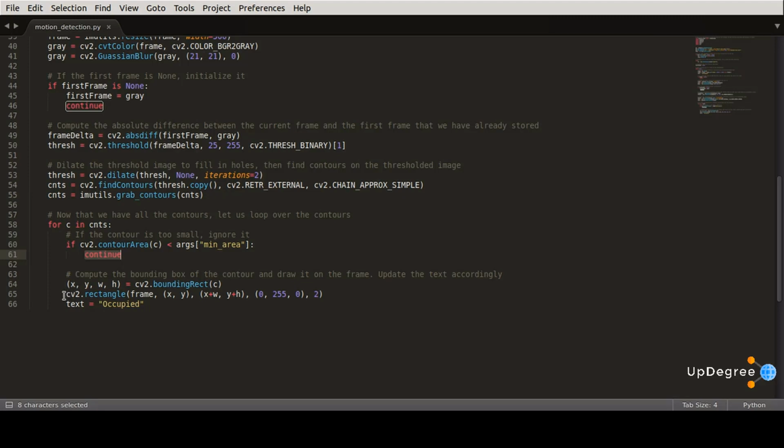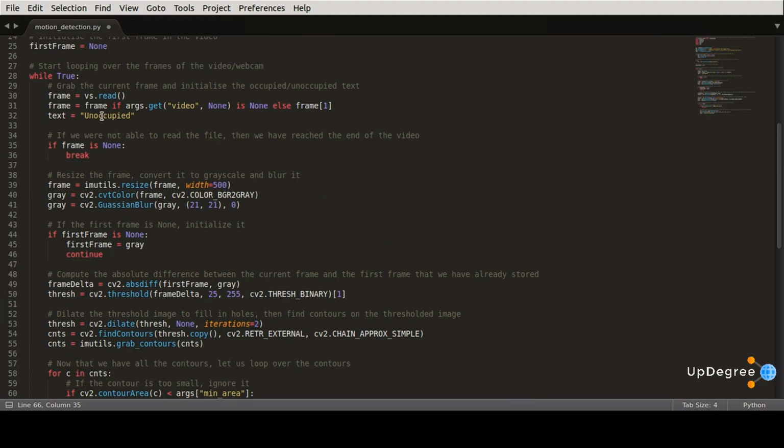Now once we have this rectangle, we will draw a new rectangle over the current frame, and we also change the text to occupied. Better yet, we will change the text to motion is detected, and we will change the text here to no motion.